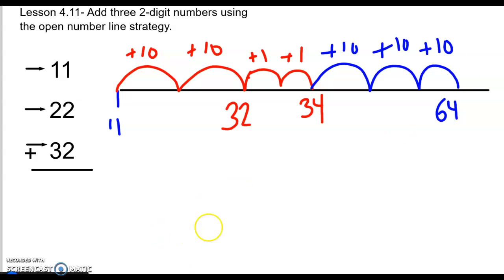Now we will add the numbers in the ones place. There are 2 ones in the ones place. Plus 1, plus 1. And we will go from 64 and add those 2 ones. 64, 65, 66. And that is the sum of our